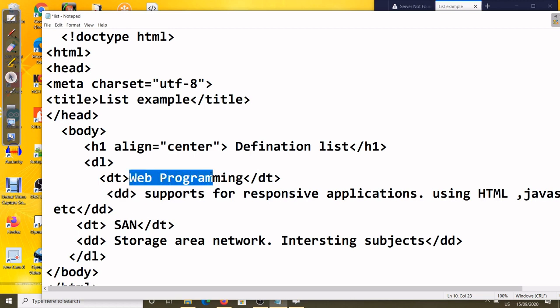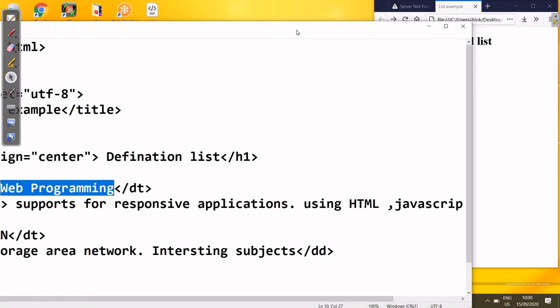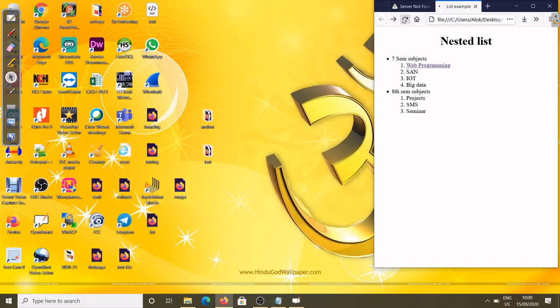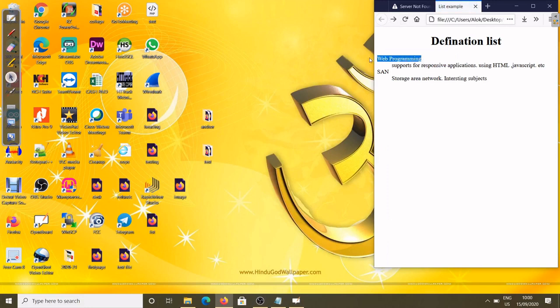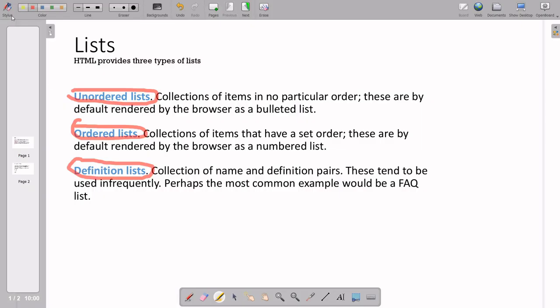FAQ is also the same: you can write a question and then an answer, then again a question and an answer. We'll see how the output looks. We can see here web programming in the DT, then again the DT and the DD are coming. In this way you can use the definition list. So these are the three lists. I think this concept is clear for you.